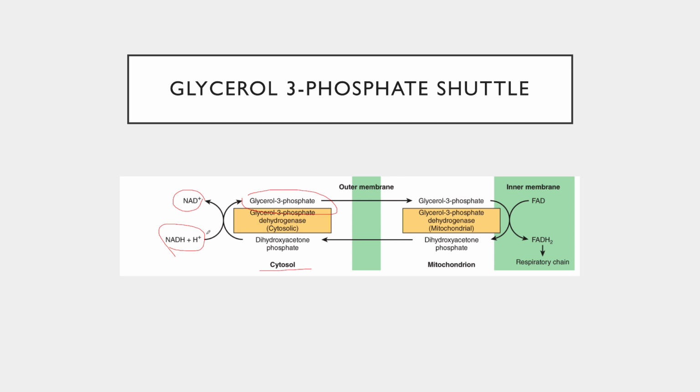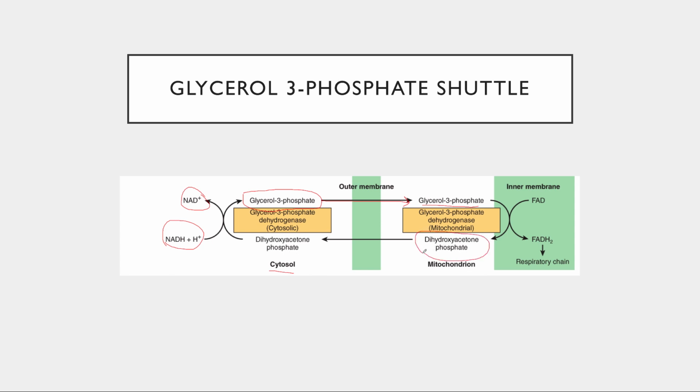So in this reaction, NADH is oxidized to NAD+, and dihydroxyacetone phosphate is reduced to generate glycerol 3-phosphate. The glycerol 3-phosphate can then be transferred into the mitochondria through the outer mitochondrial membrane. And once inside the mitochondria, the reverse reaction occurs where glycerol 3-phosphate is then oxidized to dihydroxyacetone phosphate, and the